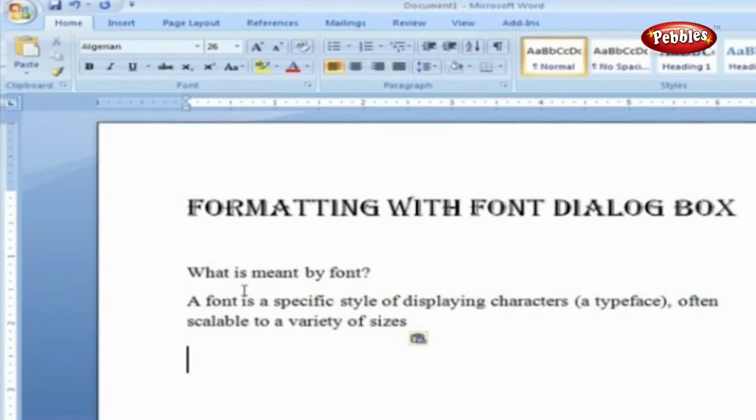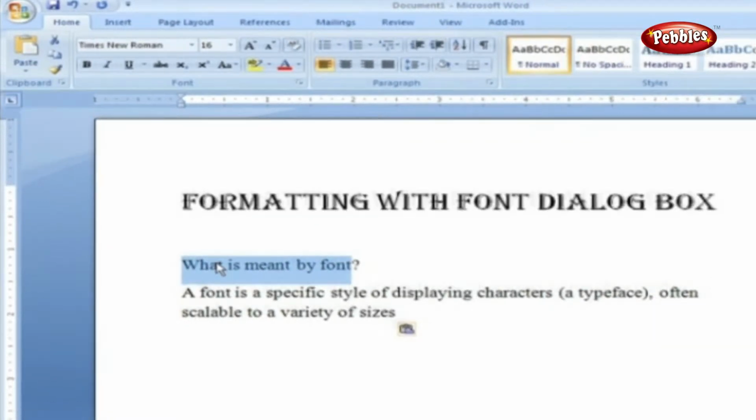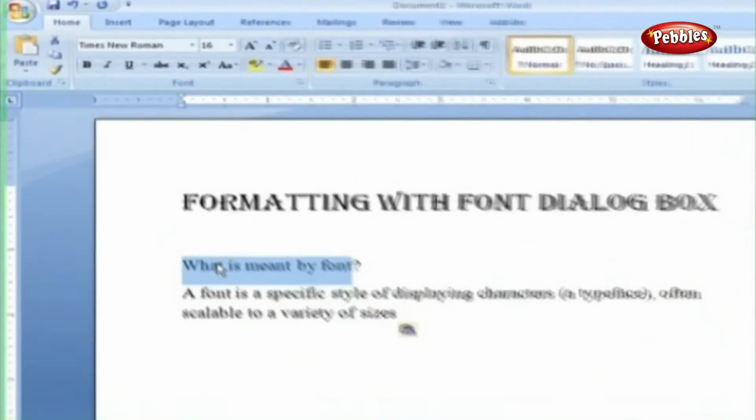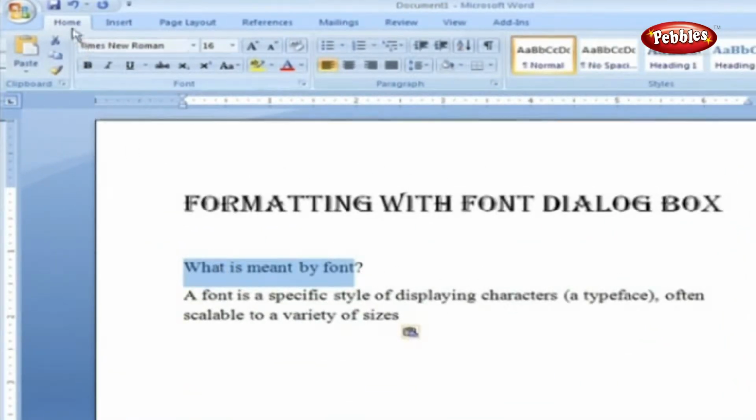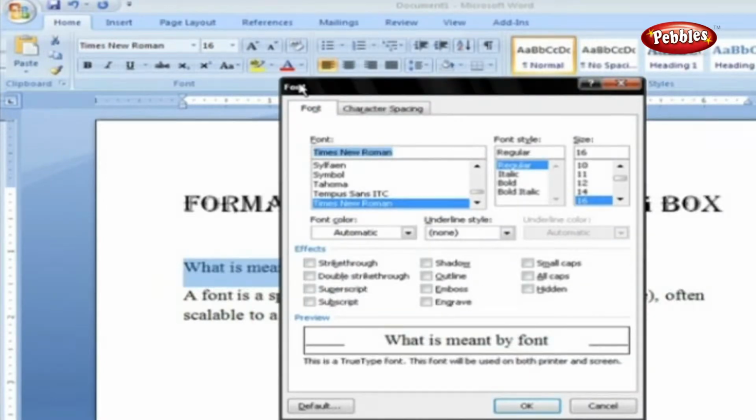Here are the steps to work with font dialog box. First, you have to select a group of characters. If you haven't typed anything yet, you can always go right to the ribbon and make your formatting choices first. Go to Home and in the font group, click the little launcher button as shown here and make your formatting choices. In the font dialog box, you can select your font type, font style, size, font color, underline style,